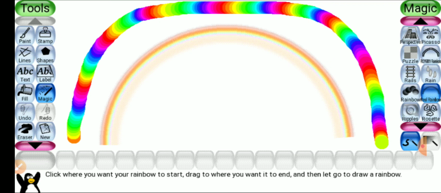Using both these tools you can create a scene. Don't just send me the rainbows, you can create a heart, a sun, mountain and then draw a rainbow. So create a scene and send me the picture.